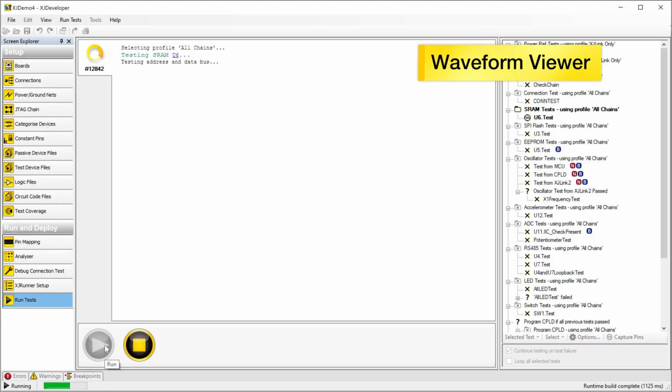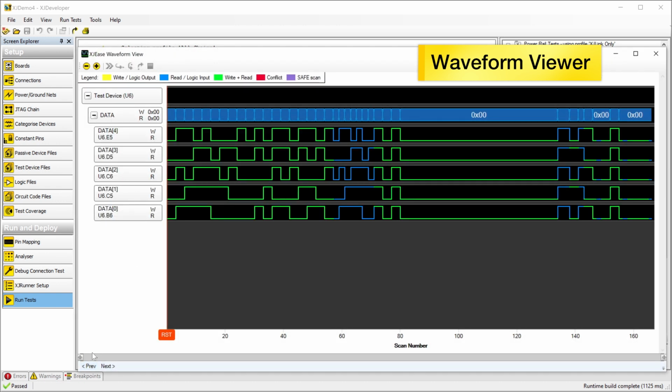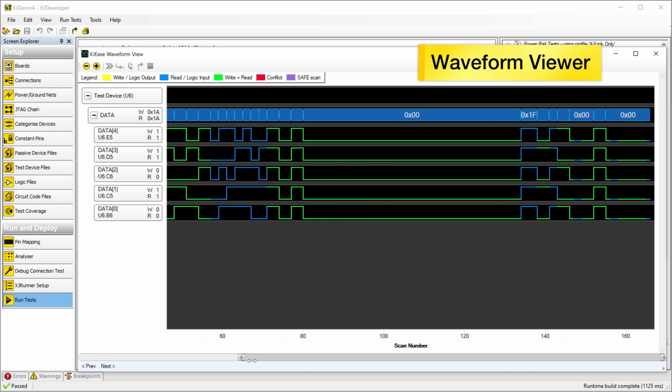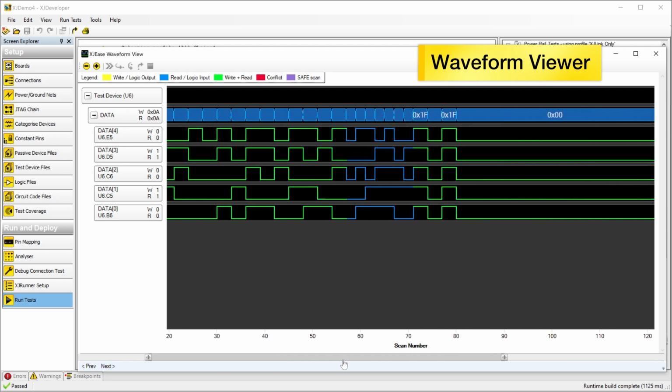There's also Waveform Viewer that comes built into the development system as standard. It allows you to see how the code is driving the device's pins relative to each other during successive scans, giving you an easy way to check your tests are working as expected. These integrated tools make the validation and debugging of tests an easy process.